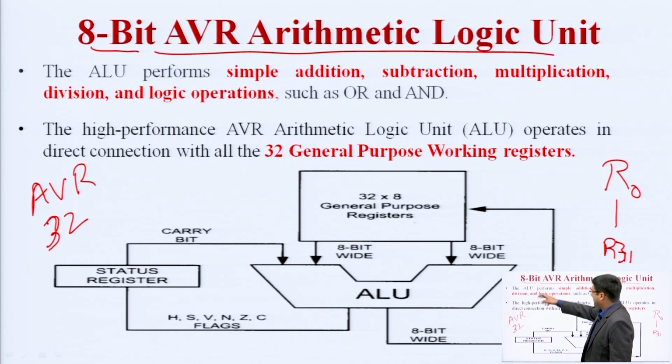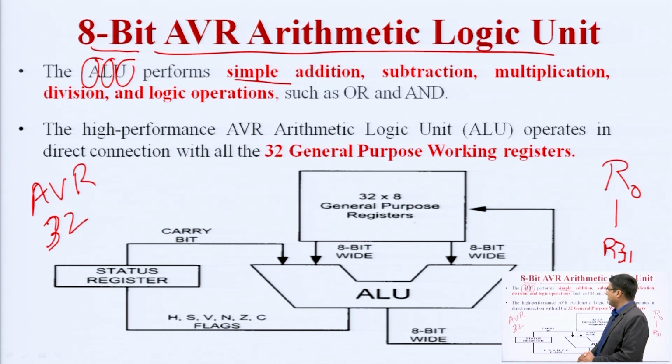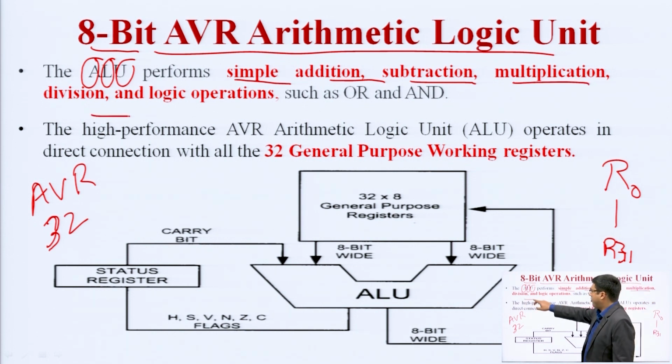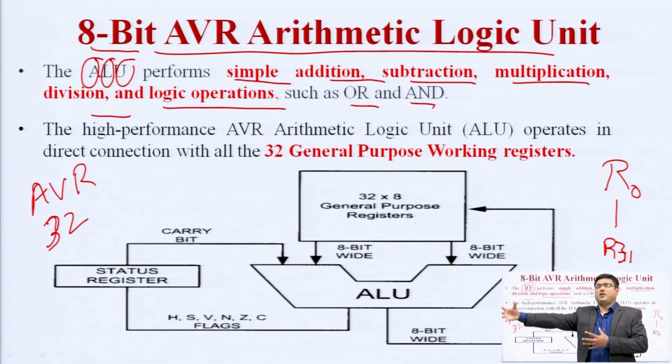So basically, what is the role of the ALU? In ALU, A stands for arithmetic, L stands for logical, and U means unit. This unit performs arithmetic and logical operations. Arithmetic operations like addition, subtraction, multiplication and division are all carried out in the ALU, and L means logical operations like OR and XOR, which are associated with logic gates. We have seen in the block diagram that the result of the ALU is further provided to an 8-bit data bus.